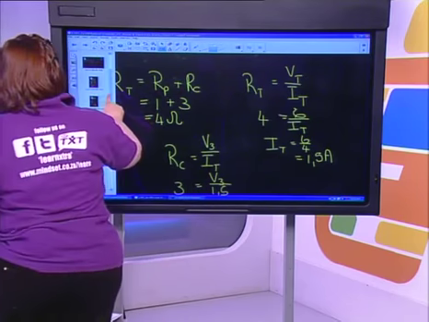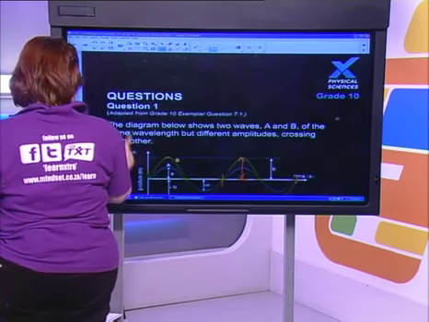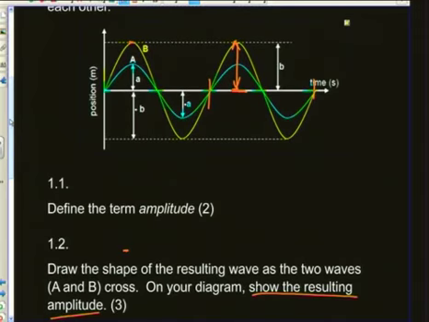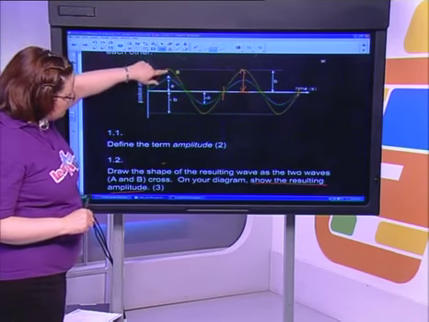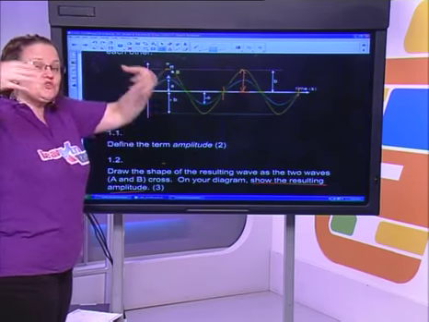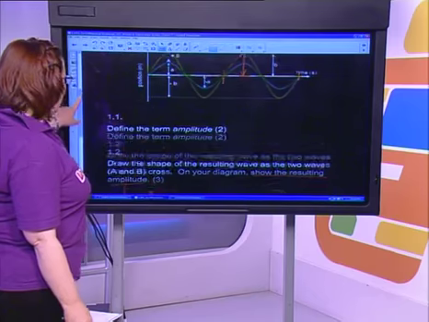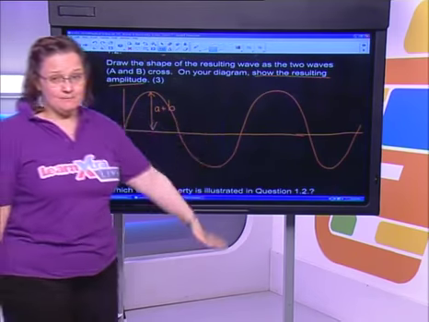And then, this name I can't pronounce, Keyur Danuk, is asking to explain question 1.2. Okay, let's find 1.2 again. 1.2 here was draw the shape of the resulting wave. You've got two waves that are interfering with each other. Crests are meeting crests, troughs are meeting troughs. That makes it constructive interference. It increases the amplitude of the wave, which is why I drew a wave with a bigger amplitude.